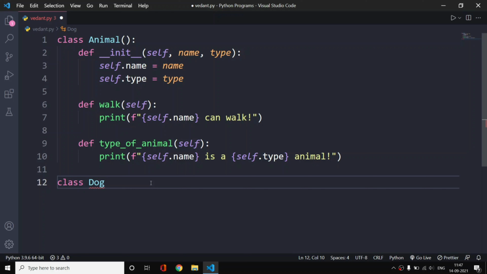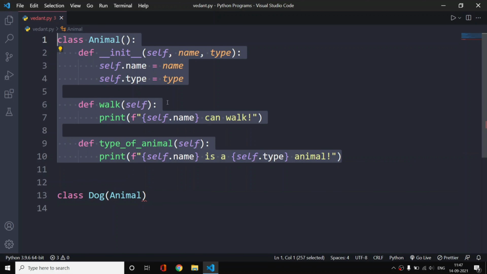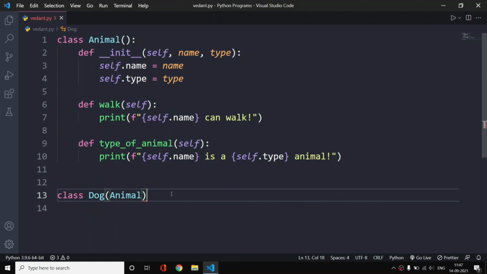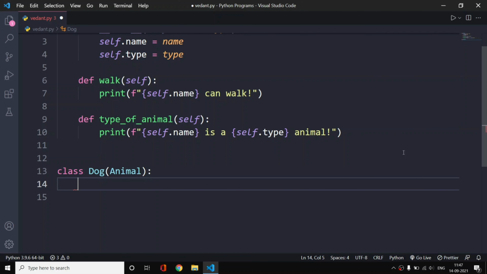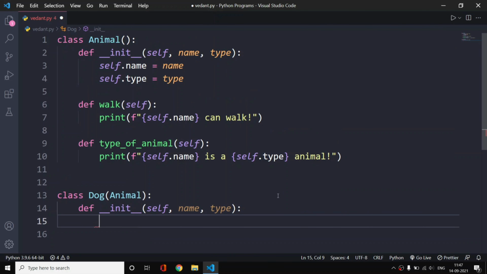So I have this dog class, which is now inherited. We have inherited this class from animal. We need this class to be a child class of this animal class. So this animal class is now a parent class, and this dog class is now a child class or children class. Now what we will do is we will create a define method. Basically we will create an init method. So let us create init, and now as you can see here we have this super dot init syntax. Let me just delete it for now, because with this you will be confused.